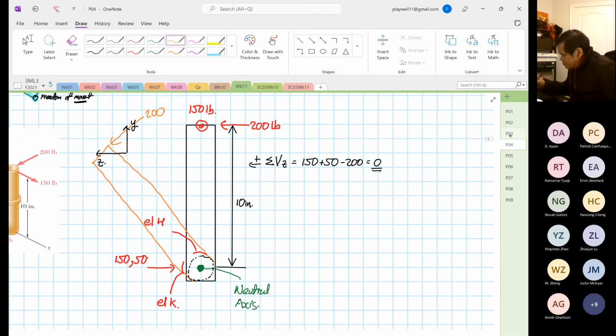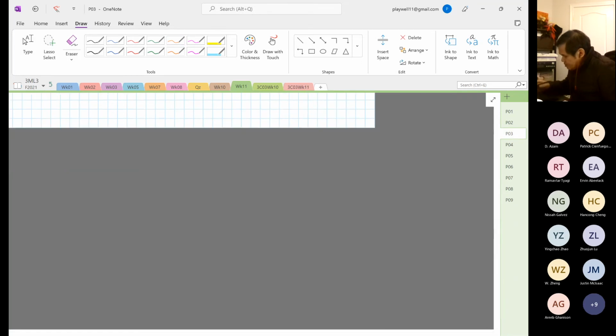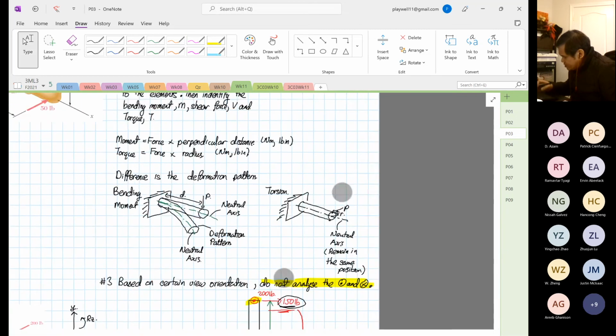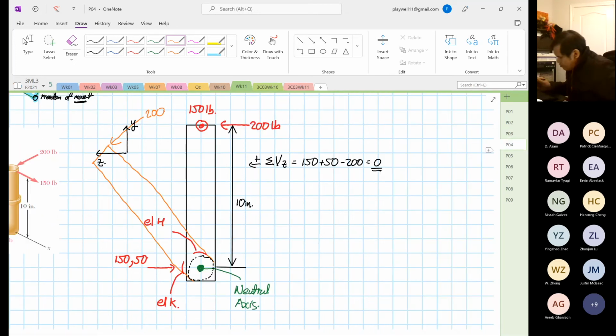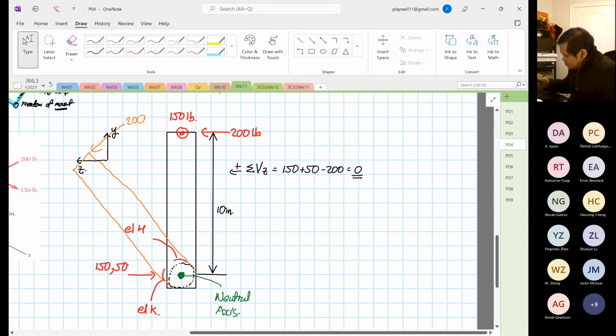So just to quickly recap, right? Just to quickly recap, look at this. The neutral axis remains in the same position. So what is this? Bending moment or torque? It is a what? A torque. So now we know, right? So torque